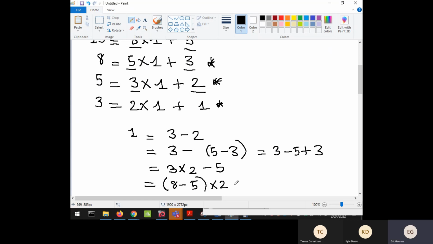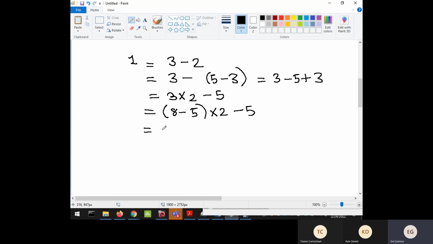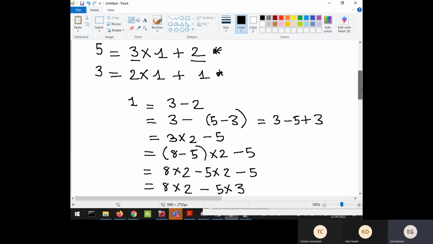times 2 minus 5. And let's express things in function of 8 and 5. So this is 8 times 2 minus 5 times 2 minus 5. It's giving me 8 times 2 minus 5 times 3. 8 times 2 is 16. 16 minus 15 is 1. So we go well. So now I'm going to take the next one,